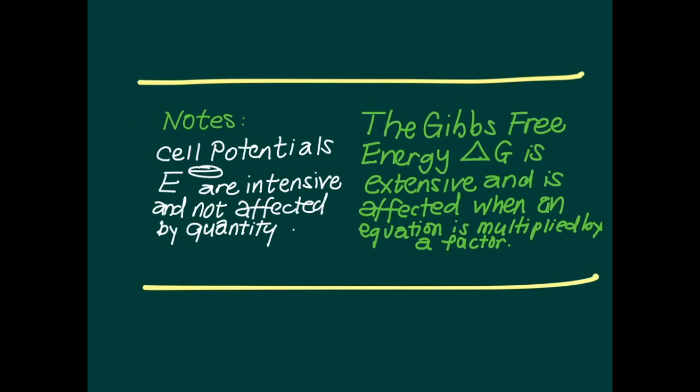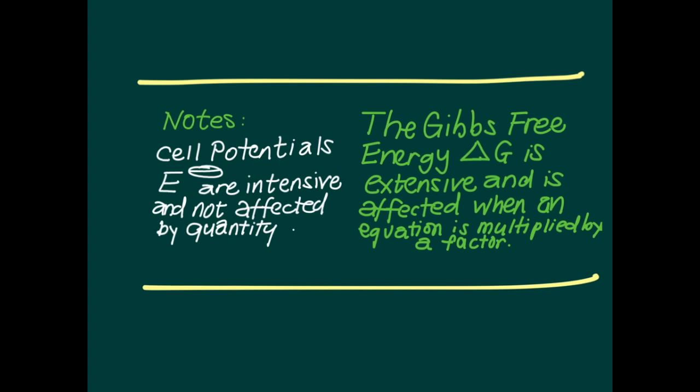Again, it is important to note that cell potential is an intensive value, and it is not affected by quantity. So the fact that 2 electrons were accepted by 2 moles of iron 3 to give 2 moles of iron 2 does not change the calculations as given in the data booklet, and the standard electrode potential for iron 3 as it becomes iron 2 would remain as 0.77 volts